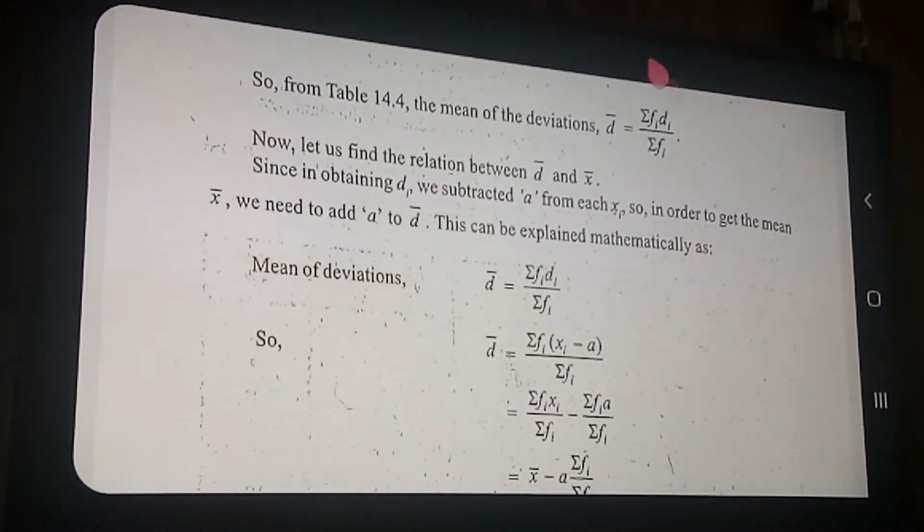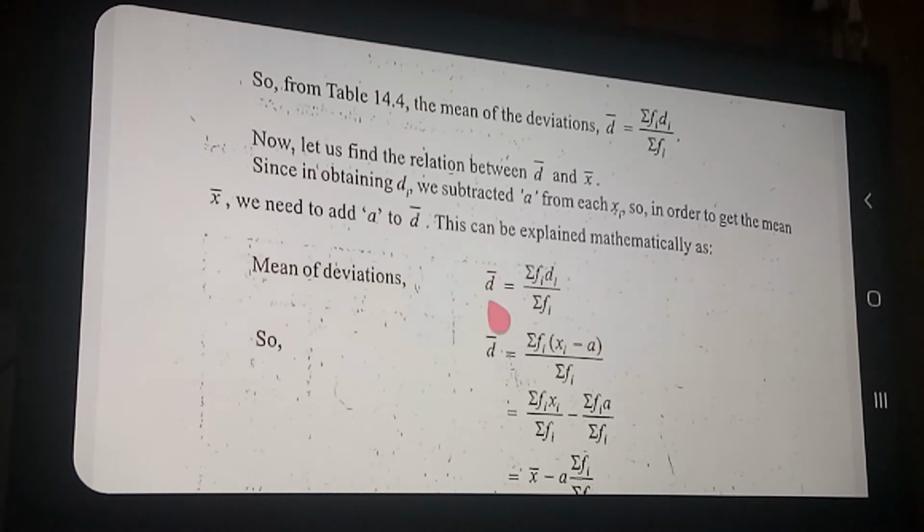From these details we are going to derive the formula. This is the derivation of the formula. Listen here. D bar, what does D bar mean? The mean of the deviations. For the mean of x, the sum of all observations, what you have studied in the direct method, x bar is equal to sigma fi xi divided by sigma fi. It is the same method here, but instead of x bar, D bar comes: the mean of all deviations. So sigma fi di by sigma fi.